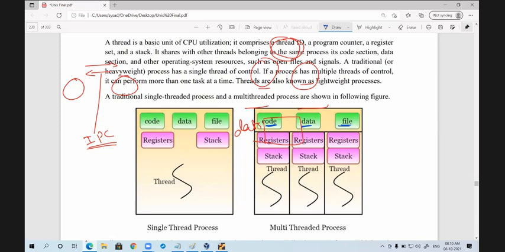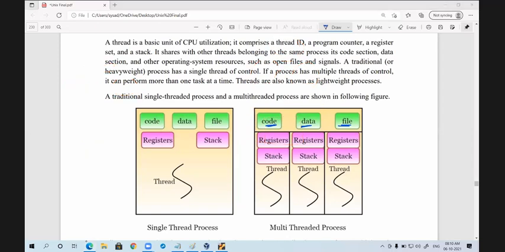Now tell me, if you declare a static variable, the memory is allocated in the data section. Can I say this thread can put the data into this data section, and this thread can read the data from the data section, because those are common?